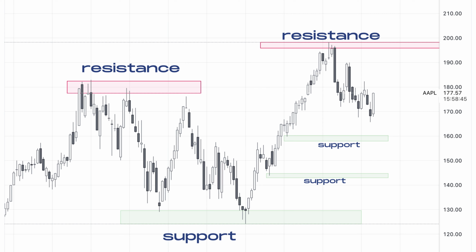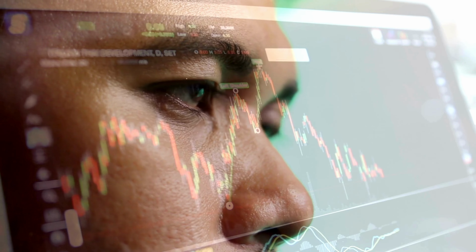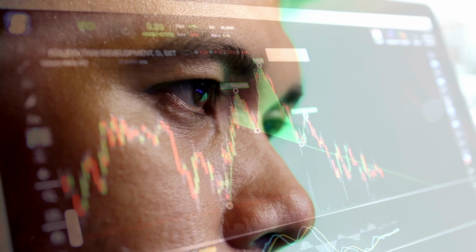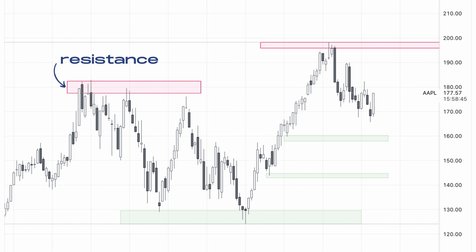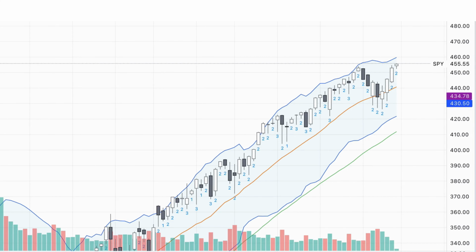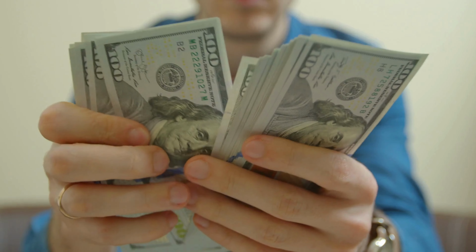These two levels play a crucial role in the decision-making process of most traders. When the stock price dances towards the floor, the support level, traders see it as an opportunity to buy. It's like grabbing a prized artifact at a discount store. Conversely, when the stock price pirouettes towards the ceiling, the resistance level, traders often decide to sell. They perceive it as the peak of the performance, a chance to take a bow and exit the stage with